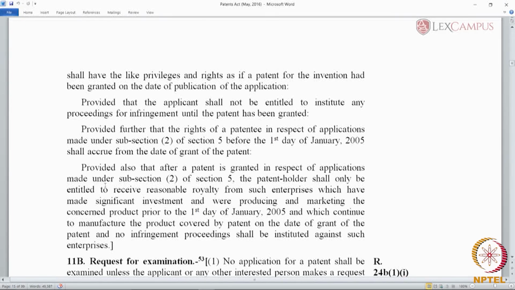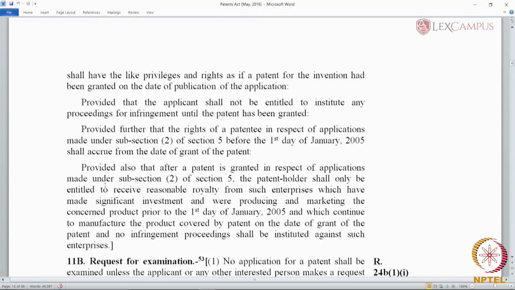Now, this is again a transitory provision. It is no longer relevant because you could reasonably expect all the 5(2) applications to be disposed of by now. Post 2005, it has been 12 years. So, you could reasonably expect all the applications which were filed using the mailbox procedure to have been either prosecuted and granted or prosecuted and rejected. So, this proviso is no longer applicable, and there were probably just a handful of cases where this proviso was attracted,